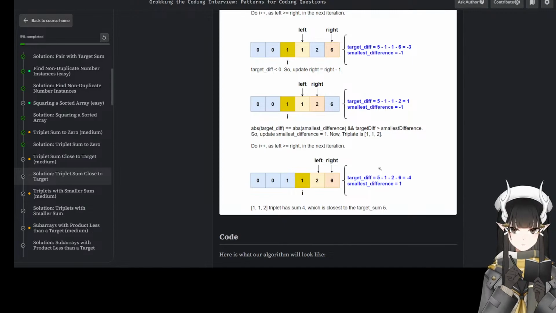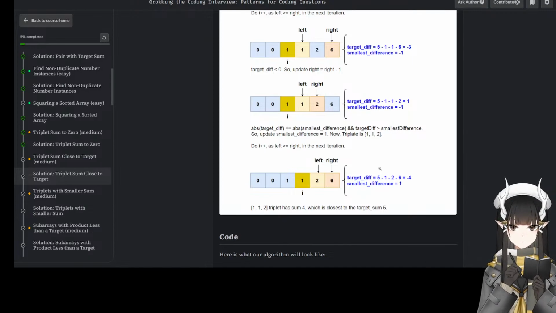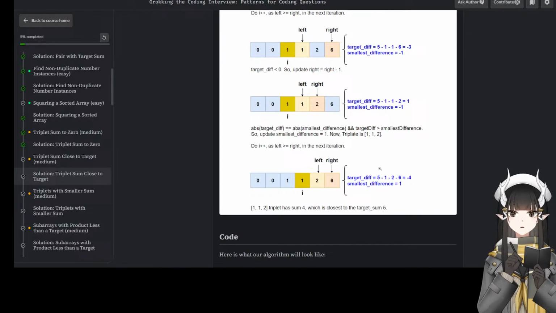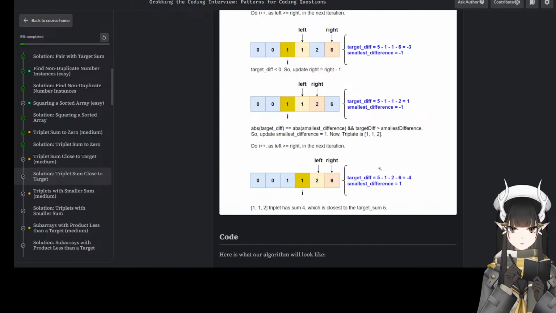And if the target difference is greater than the smallest difference, only in this part do we need to compare the absolute value.